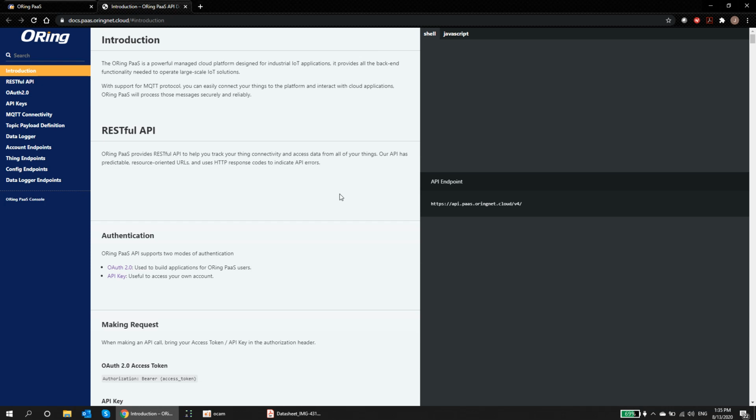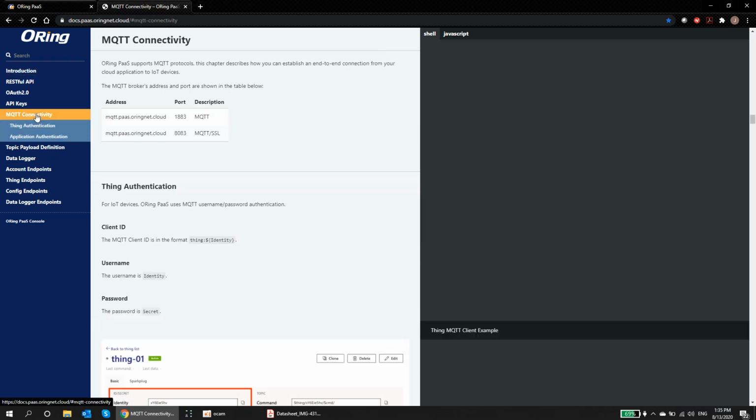For today's purposes of the demo, we will use MQTT connection because this is the main protocol supported by our cloud platform. So let's go to the MQTT part of the configuration. So as I just mentioned, PaaS is using MQTT as the main protocol. And you can see right now in the screen, our MQTT broker address is